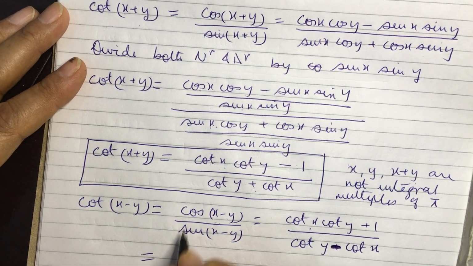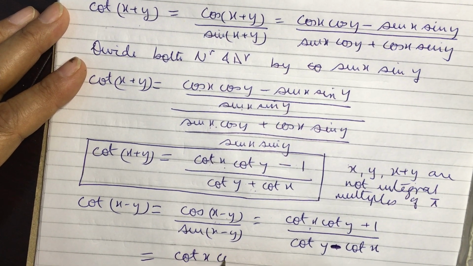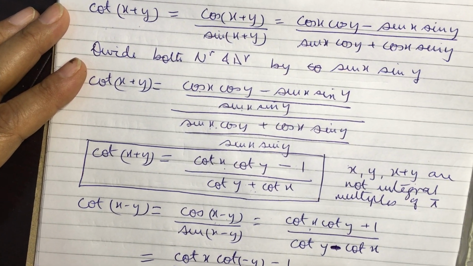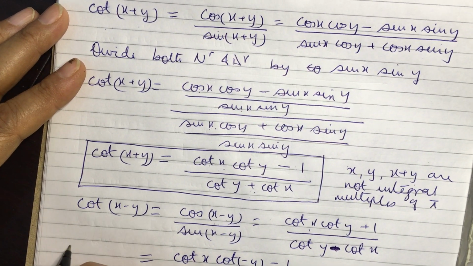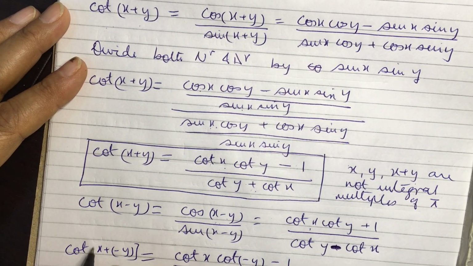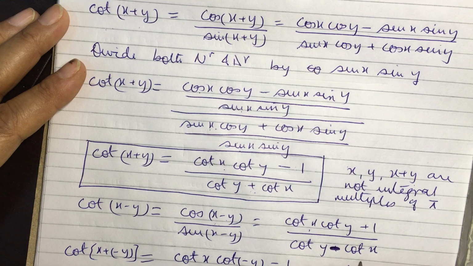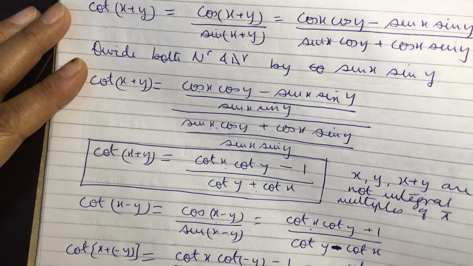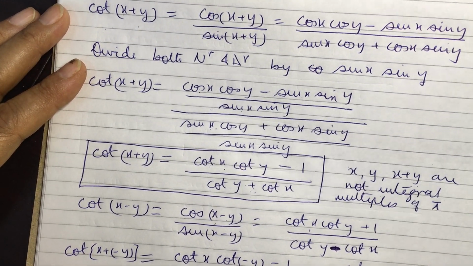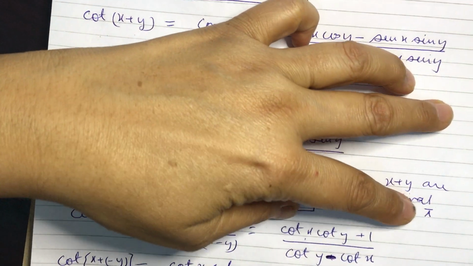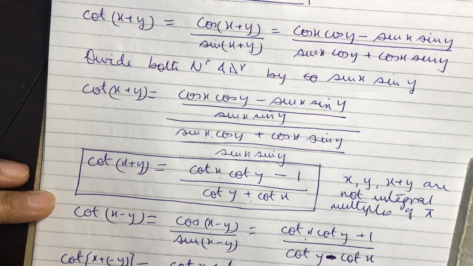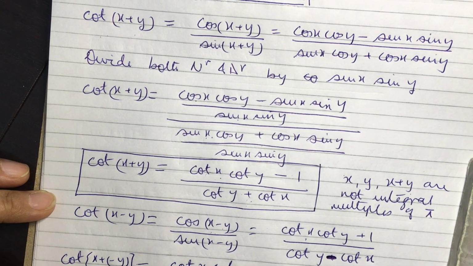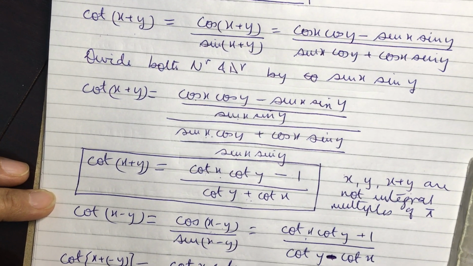Here we do it, and let's see, cot of x cot of minus y minus 1 upon cot of minus y plus cot of x, cot of x plus minus y, and this comes out to be minus cot x cot y minus 1 whole upon, this becomes minus cot y plus cot x, and so we can write the result as cot of x minus y is equal to, you take minus common, we get cot x cot y plus 1 upon,